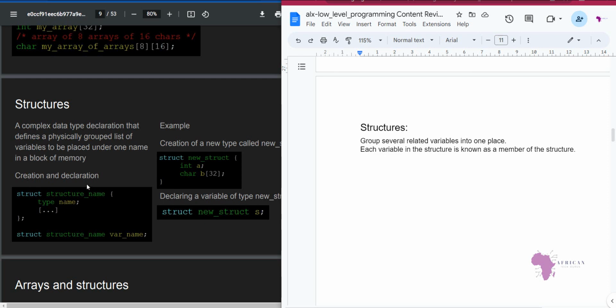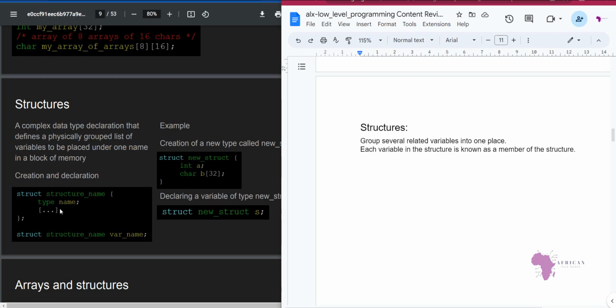For example, here, when we are creating and declaring a structure, we need to use the keyword struct. Here we're creating this in the main function, so make sure that when you're creating a program, the main function, as we have mentioned, needs to be present. Struct is the keyword used to create structures. And just like the previous data types, when we're declaring it, we need to specify its type. Here it's a structure, so we use the keyword struct and the name of the structure, here structure_name. And now in the body of that,